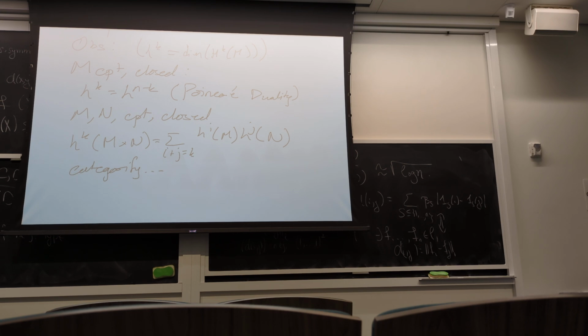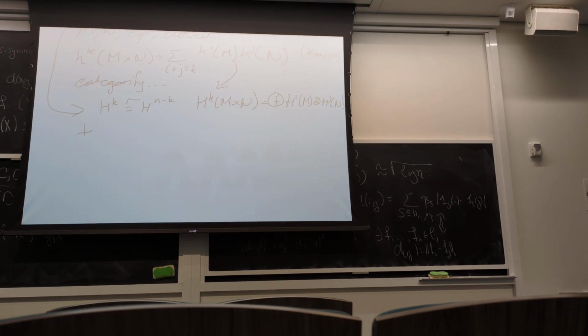which means replace numbers with vector spaces. And so this one becomes H^k is isomorphic to H^(n-k). It's called the Kunneth Formula. And then this one becomes H^k of M times N is equal to the sum of H^i of M tensor H^j of N. And to prove this, we wanted